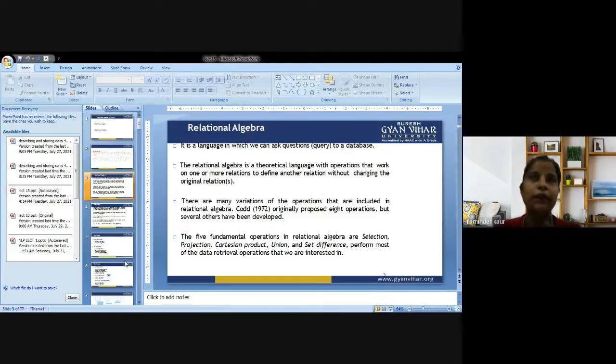Now, let me tell you one example. You are studying DBMS. At the end of the semester, if you are able to know the basics of DBMS, then it is okay. You are justifying your subject. Why? Because there are so many subjects that you encounter in your current semester, but it is not the case that you have deep knowledge about all of them. If you know the basics about DBMS, NLP, computer architecture, and two or more other subjects, then it is sufficient, because everywhere basic knowledge is required.